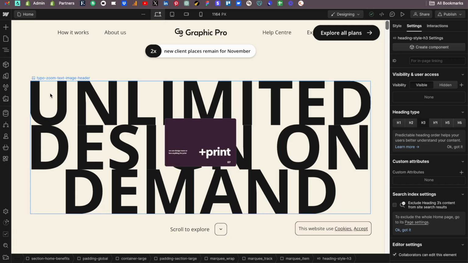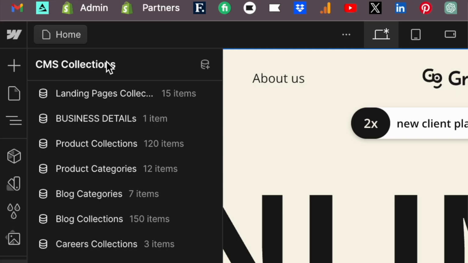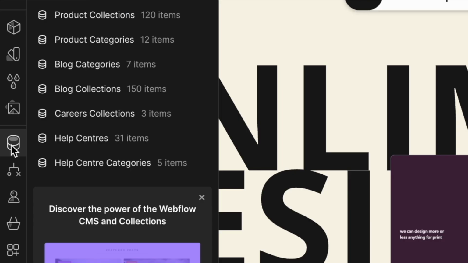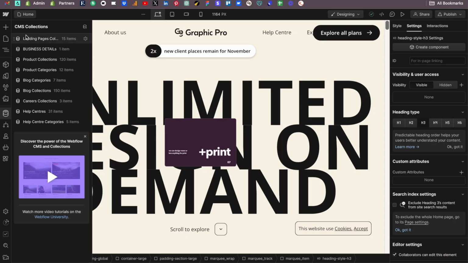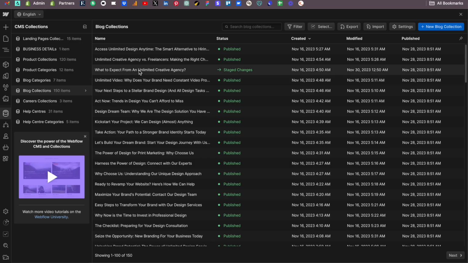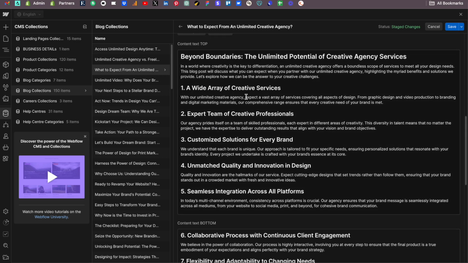And lastly, you can add links on any CMS section, CMS standing for Content Management System, as long as the section is a rich text field. So in the designer, click on the CMS icon on the left hand sidebar, select the asset you wish to edit, for example, blog collections, click on the name of the article you wish to edit, then in the rich text section of the blog post editor,